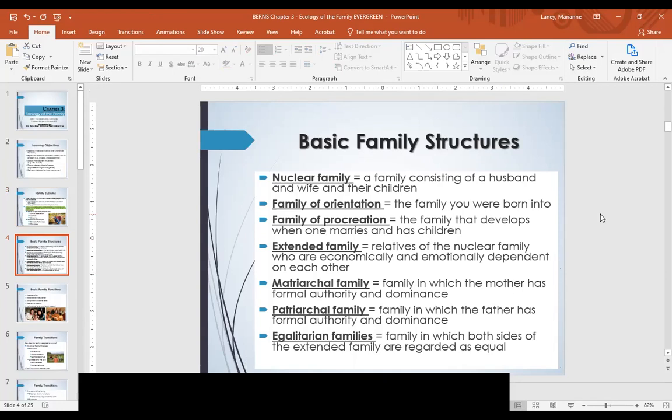So nuclear family is the one that you're born into. Excuse me, that's family of origin. Nuclear family technically just means a husband and wife and a child. So with the video that we saw, you can have a husband and child. It's still a nuclear family. It just happens to be two dads, and then you can have two moms, and then there was a transgendered person in there as well. So again, nuclear family just means two parents and a child.